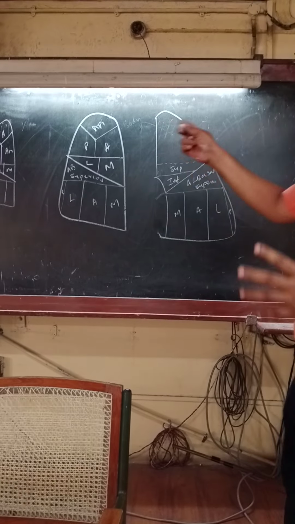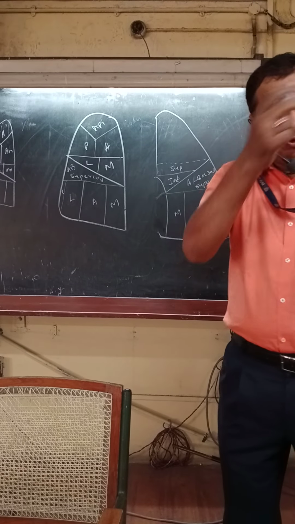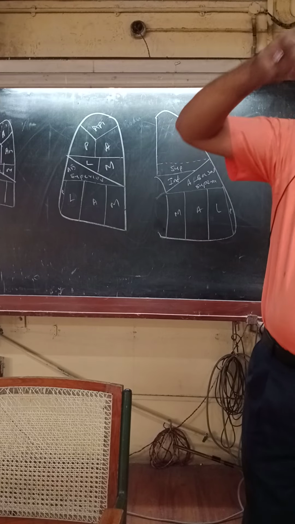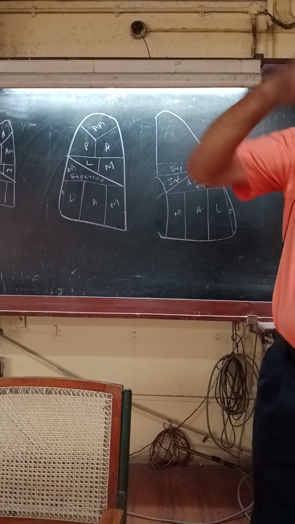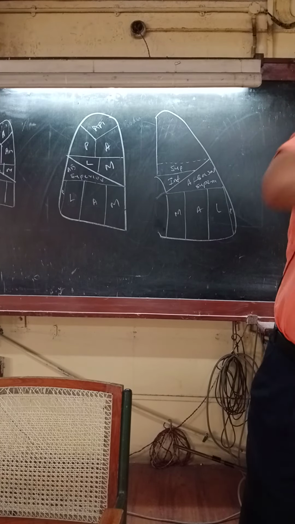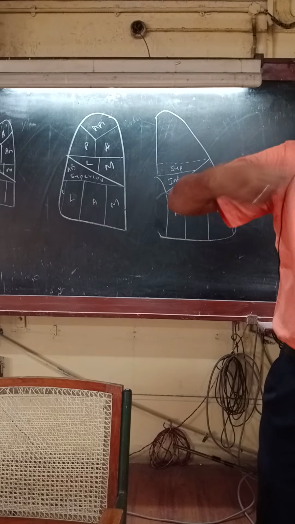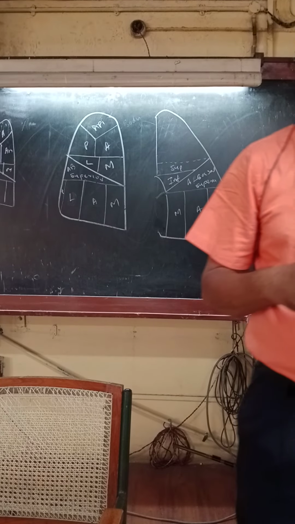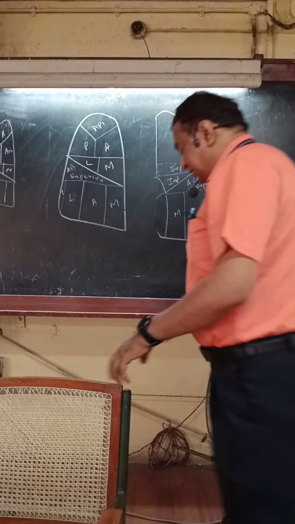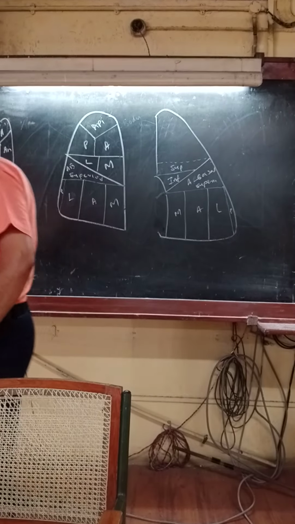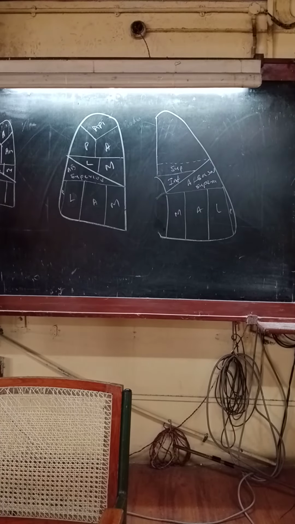Also, this is used for postural drainage of the sputum. So we see in which bronchopulmonary segment there is sputum, and then we give that kind of posture, head low position, and left lateral, right lateral, and help in drainage of the sputum. Another thing, bronchopulmonary segments help us understand where the foreign body goes, which lobe is affected in lying down position, which lobe is affected in standing position.